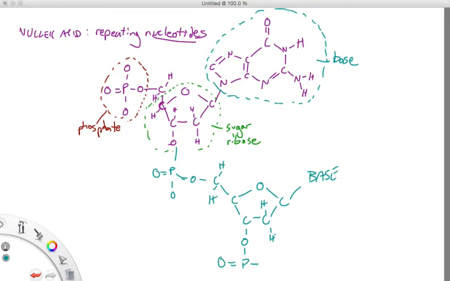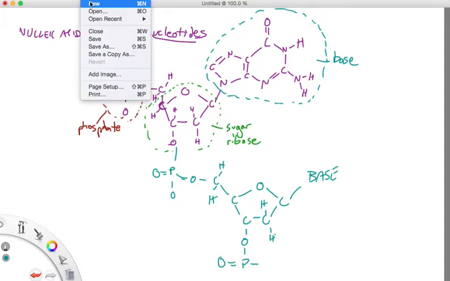Finally, we have proteins. Proteins are like the best things ever. They do just about anything you want for the cell and for the body. They're insanely important. Look at all the functions that I have listed there. You need to know the functions of the proteins. We'll go into an entire unit about proteins later, but for now, I just want to tell you really briefly